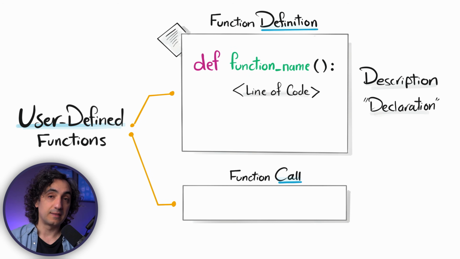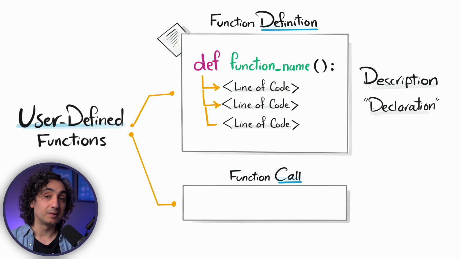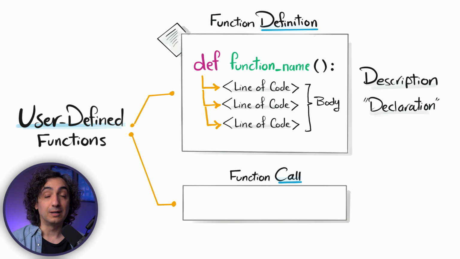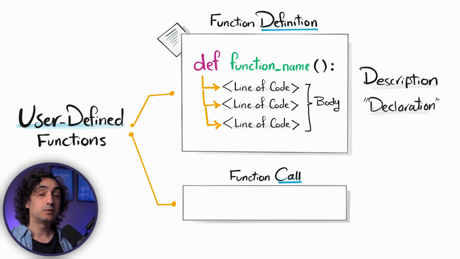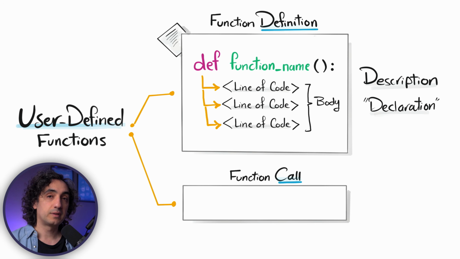Below that, we're going to have the block of code. Of course, we use indentation in order for Python to understand this is the body of the function. And here, depending on the logic, we can add normal Python code, like assigning values to variables, making a loop, a conditional statement, or maybe calling another built-in function. So with that, Python understands the definition of your function, it understands what it should do, but nothing runs yet. That's why we have the second part.